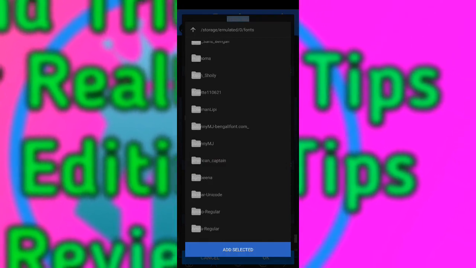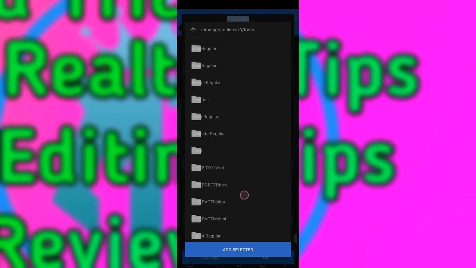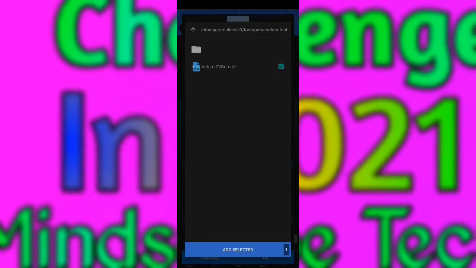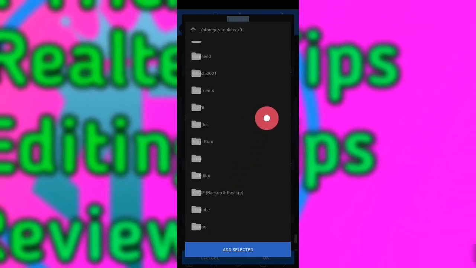Simply go to our fonts folder, where I extracted my zip file, and search for my font file in the folder where I extracted it. I do not show it here, but I have many more fonts, therefore I do not show that. I found my Amsterdam TTF file. Simply add to selection in this step, and we fast forward this because that is too lengthy a process, so you can see this.